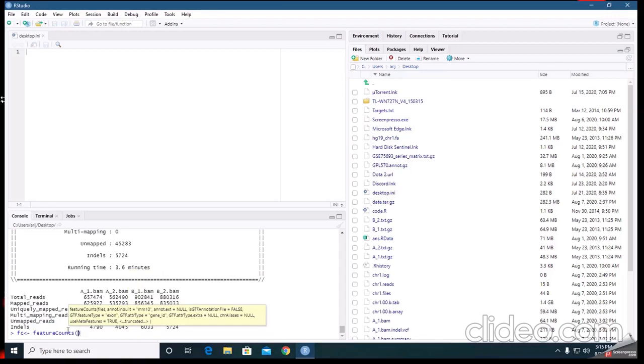And now we have to write our targets file, output file, and now we have to write our annotation.